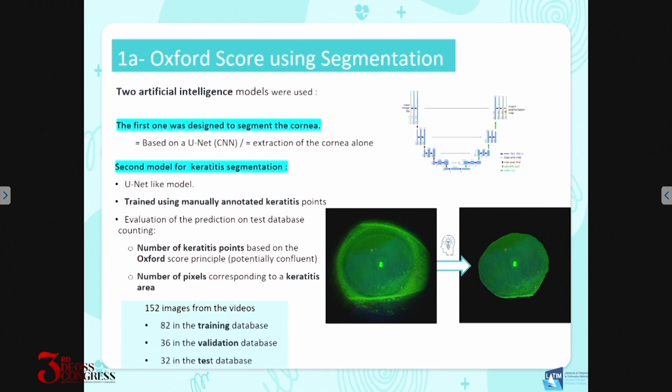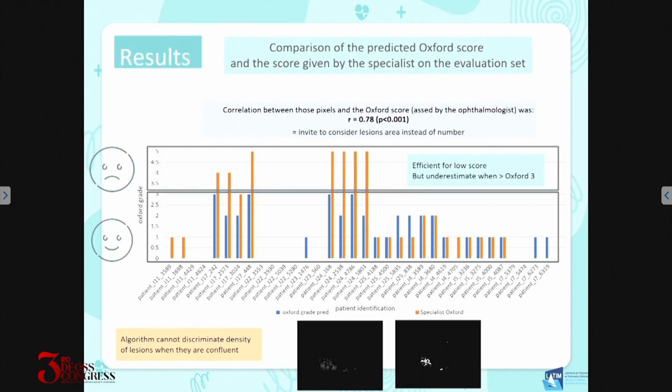So we had to use the CNN, the neural network, to first segment and isolate the cornea, and then train the model to go up to these two key parameters. First source of disappointment: if you try to correlate what the observer is counting in terms of points for the keratitis, actually the AI gets lost when you go above grade 2+. So we had to admit that instead of counting the points, we had to move to counting the area of